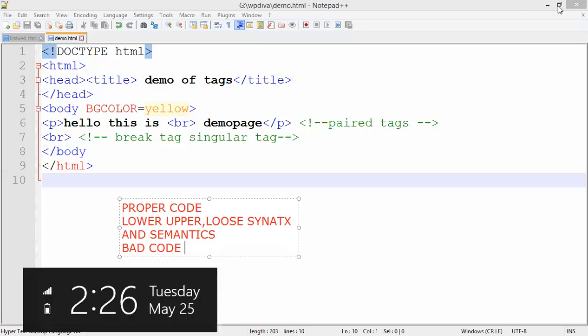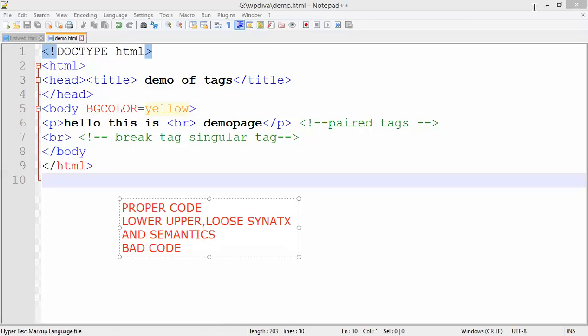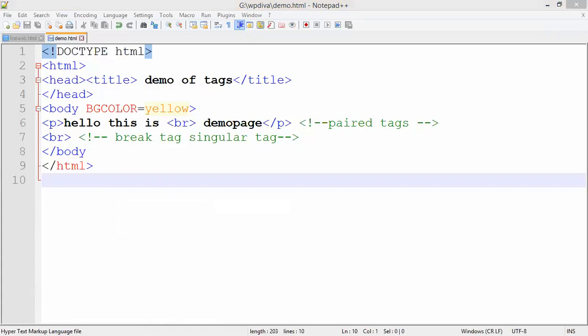So this is the reason, guys, that we are not using HTML for this. Those who write the code correctly, who know that you have to use double quotes and close the tag, are only a few people in HTML, because they know that HTML is loosely coupled. That is the reason they do not follow the correct syntax when writing HTML code. So this was one example. Okay, fine. Let me go back to your presentation.